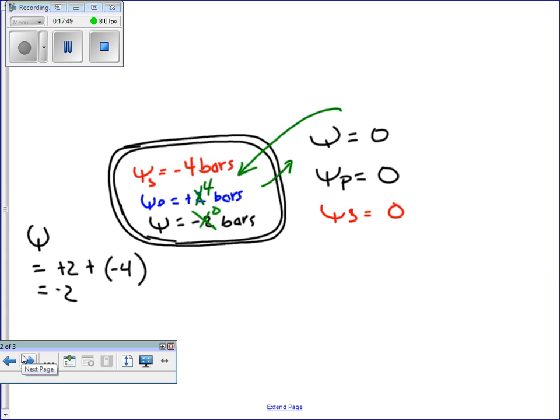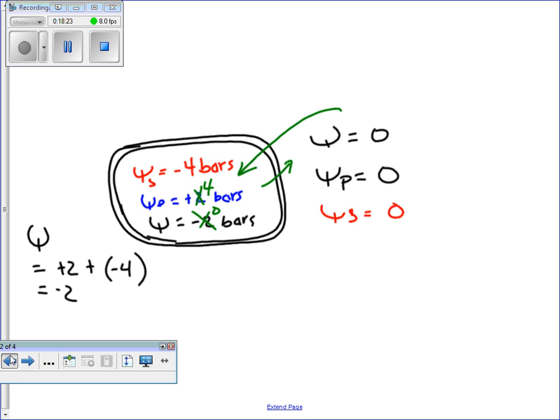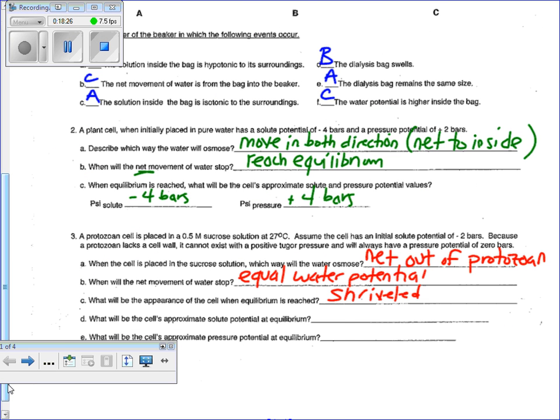So water is moving out. It's going to continue to move out till we reach what inside the cell? Which means you have to have equal water potential. So what's the water potential in the environment? Negative 12.5, so the cell eventually has to get to negative 12.5, which means this cell's got to lose an awful lot of water to get down there. This is almost certainly going to be a deadly environment for this particular organism. So this has to get down to about the same as the environment.